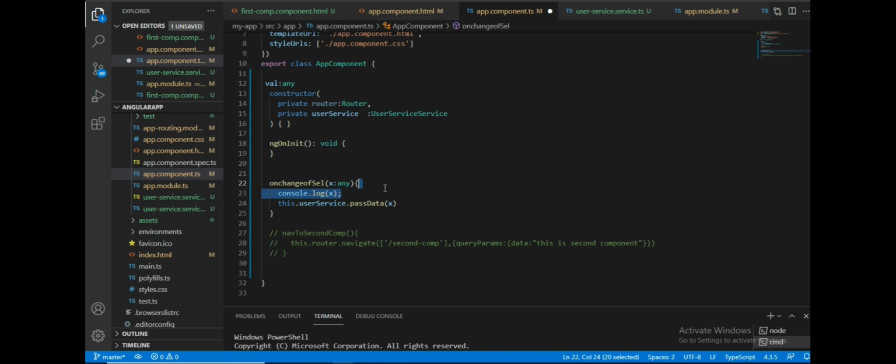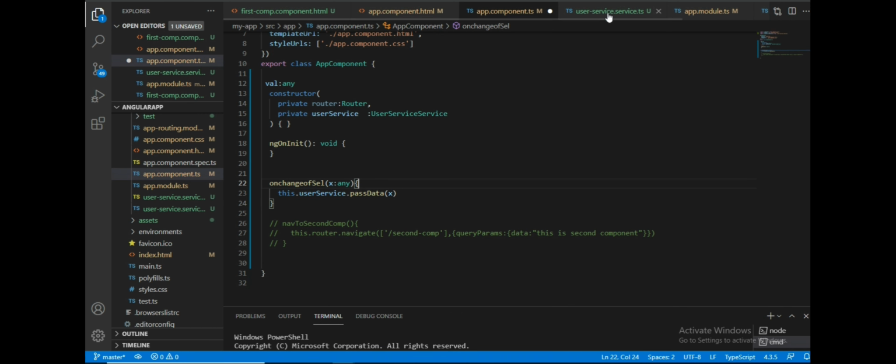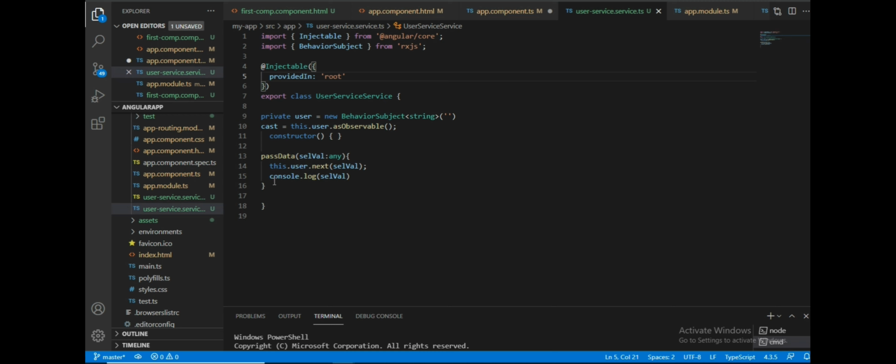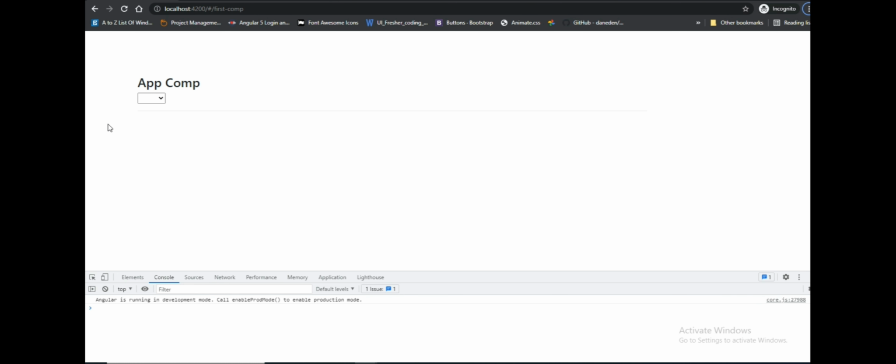I'll remove this. I'm passing data to service. Here we will check with the console. I'm saving this. I'll clear the console. 1 3 4. So we are getting the data to the service.